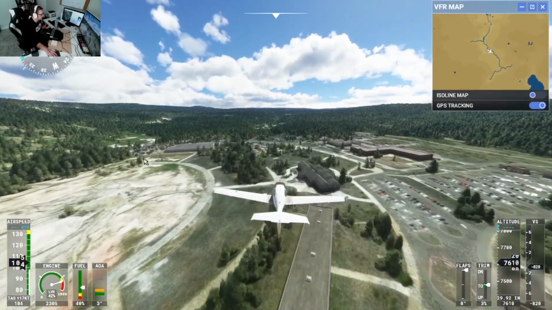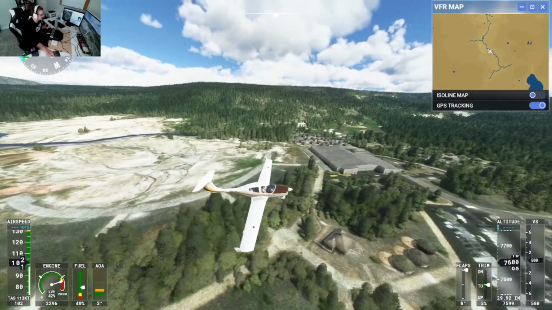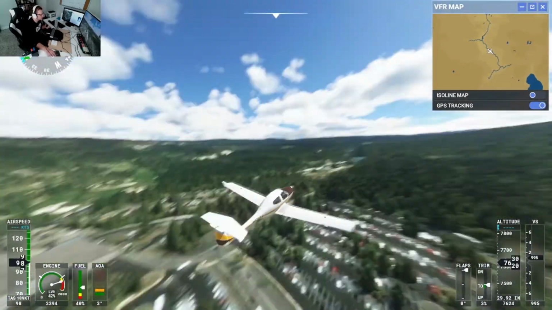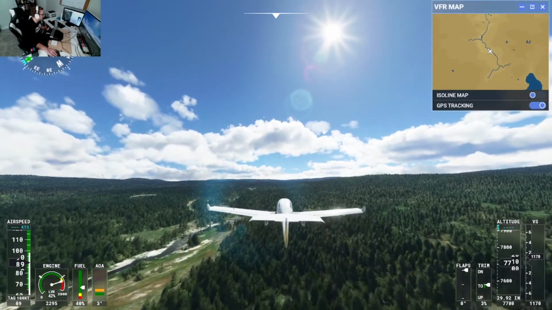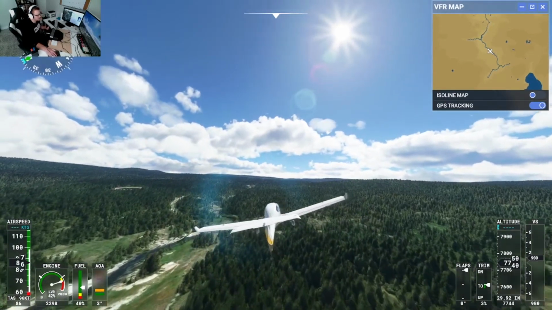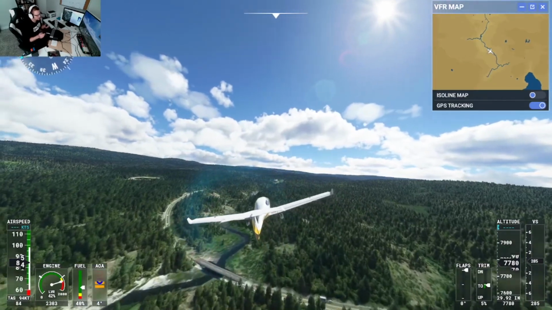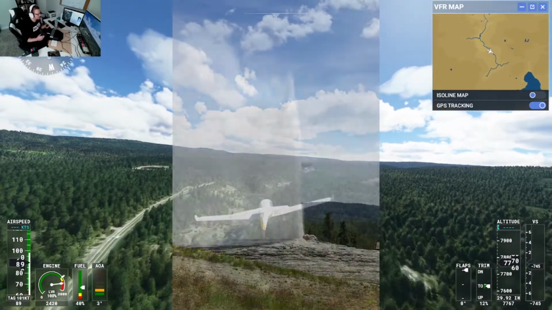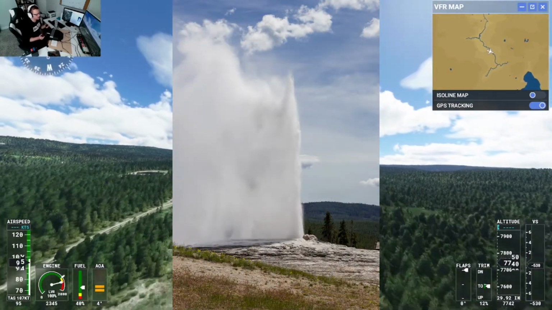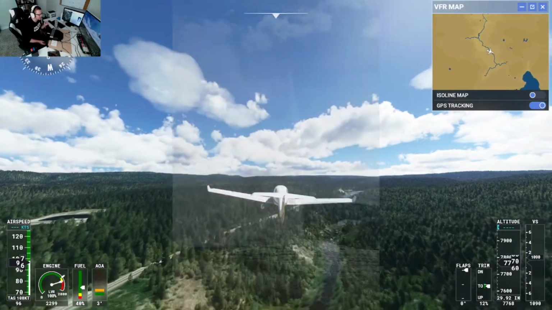And all of this is to watch Old Faithful. I moved the camera, but Old Faithful goes off on a set time, every 44 minutes is how often it goes off. And it is definitely the main feature of Yellowstone. Like you go to Yellowstone, you're seeing Old Faithful. So,